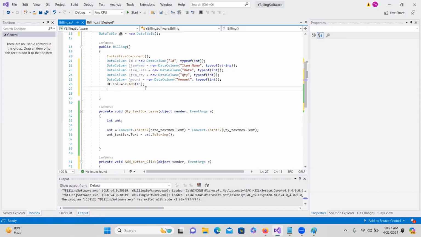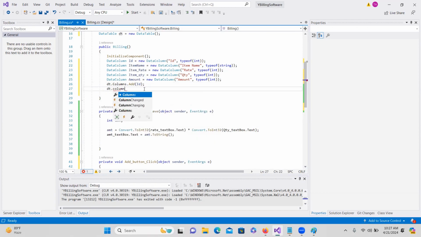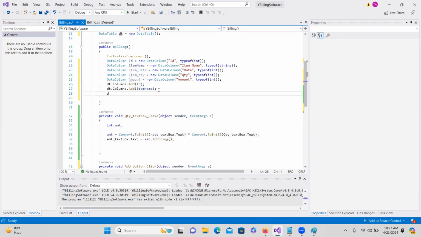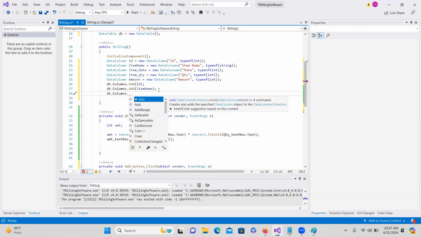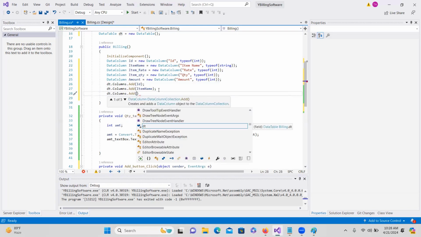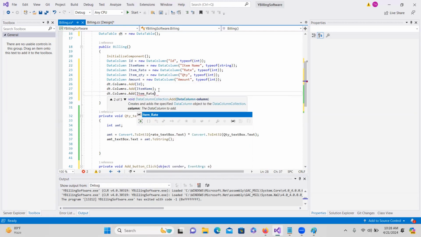We created the columns, right? We are adding that to the table. dt.Columns.Add item name, dt.Columns.Add item_rate,